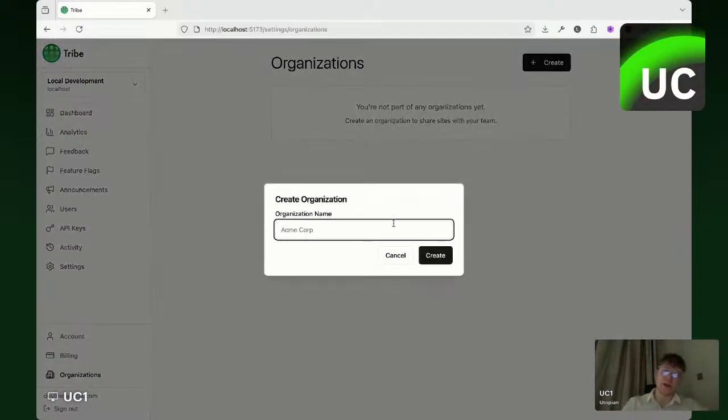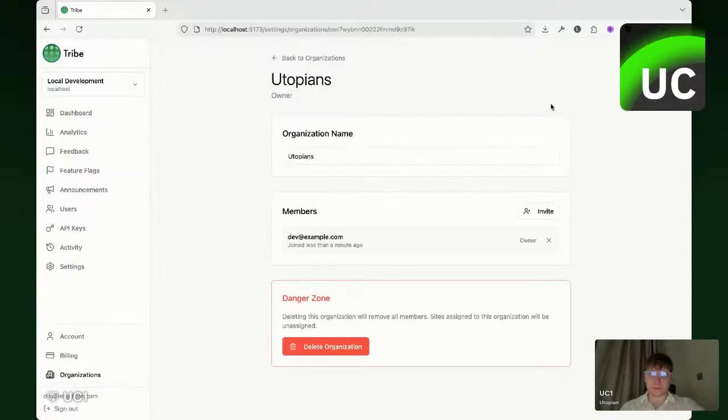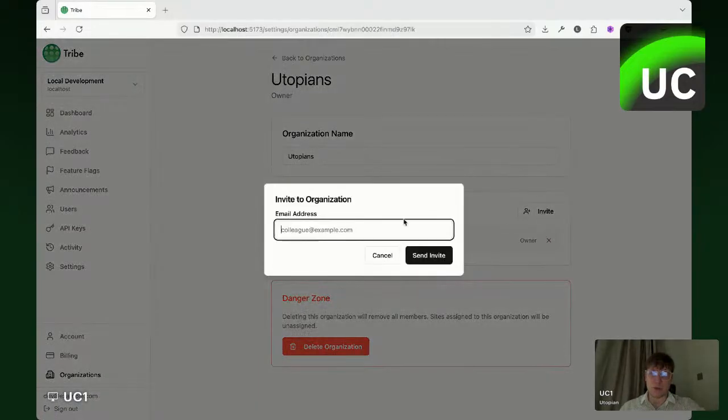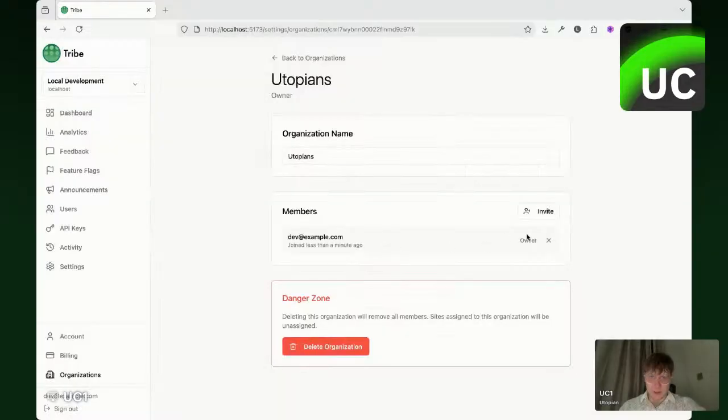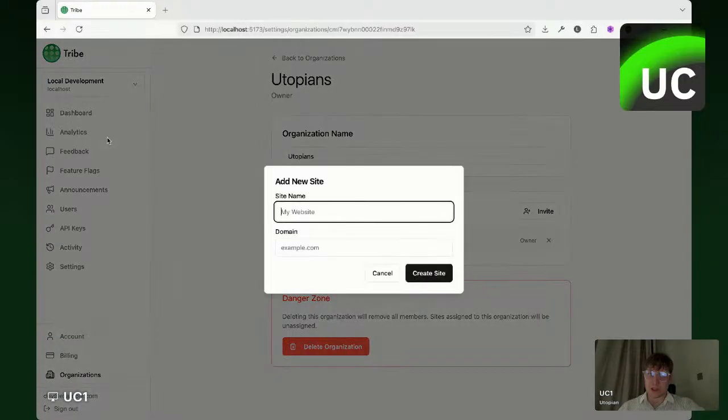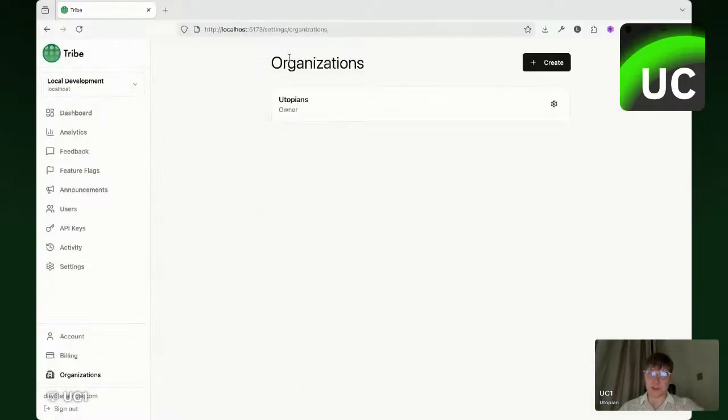And if you create an organization, right, then you can invite members and change their permissions inside of the organization. And I'm gonna add it so that you can add sites to the organization. But in general,